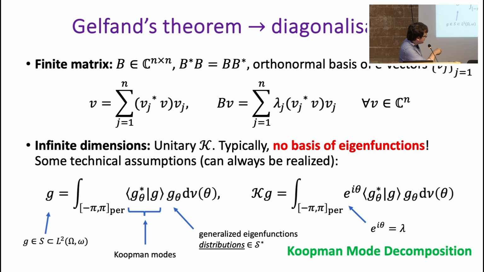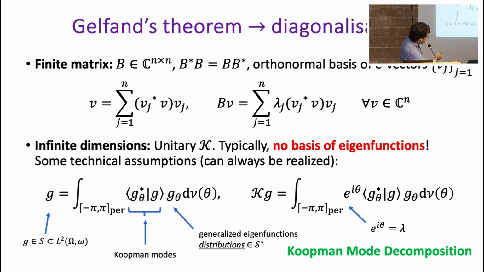And once you've got this expansion, you can multiply through by K. Okay, so I'm working along the periodic interval, parameterizing the circle by angle coordinates. So I get a multiplication by e to the i theta here, or lambda. And this is just another way of writing down the Koopman mode decomposition in the language of the nuclear spectral theorem. Okay, so you have an integral, Koopman modes, generalized eigenfunctions. For those of you from a physics background, this is very similar to Dirac bra-ket notation. And in fact, most of the literature on these generalized eigenfunction expansions is for Schrödinger operators.